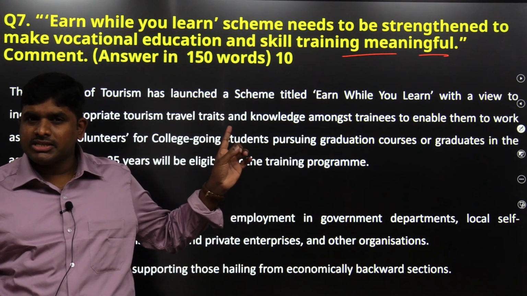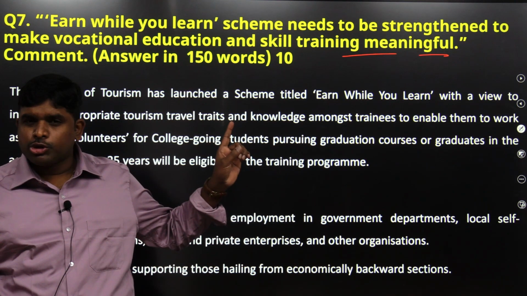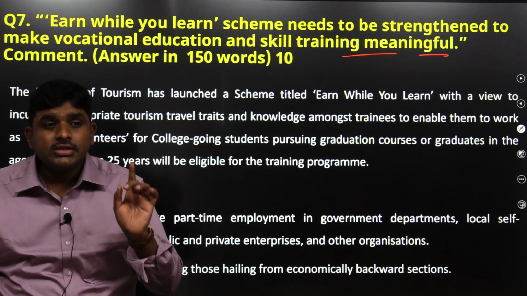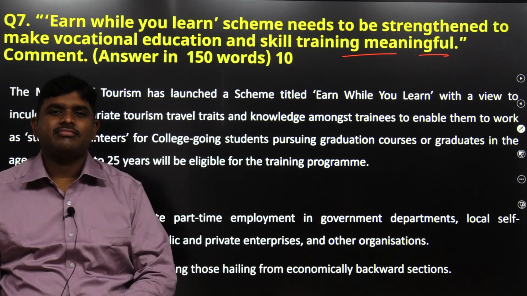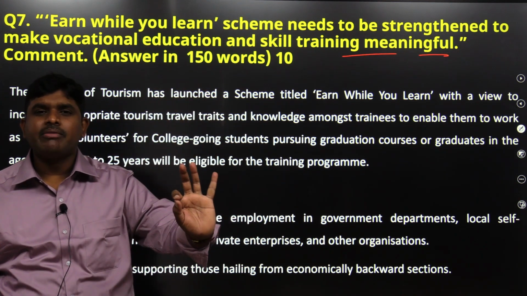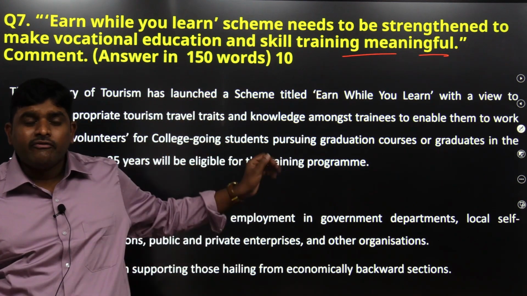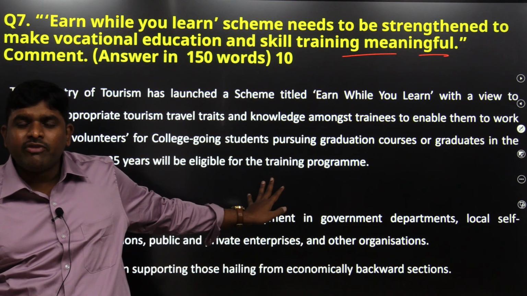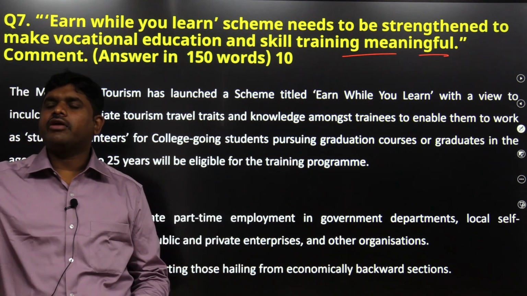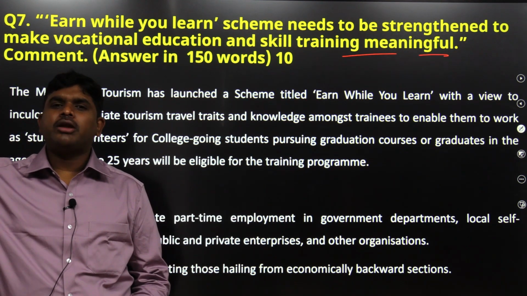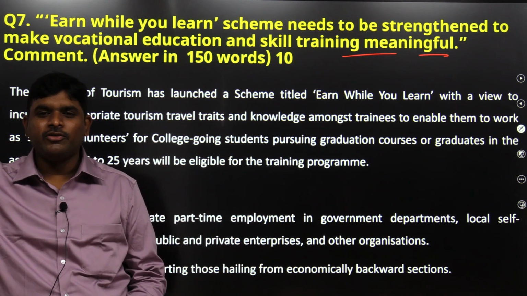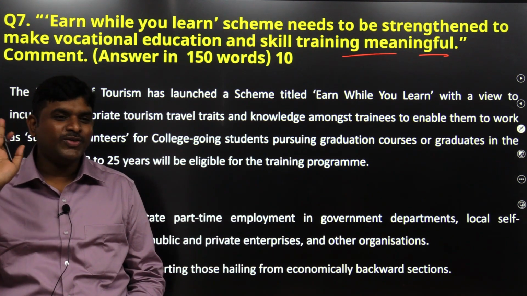The question is about government schemes. So the direct question is about Earn While You Learn. This is a scheme of the Ministry of Tourism. This fact you also have to know. Government schemes are very important. For this question, you can write an appropriate answer if and only if you know that it is about the tourism sector. Generally, if you write earn while you learn, join multi-level marketing, join 2 people, you will get 1 check, and then you join 3 people under you. That is not earn while you learn.